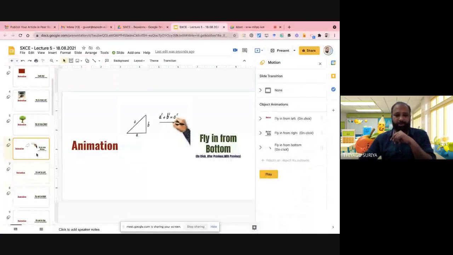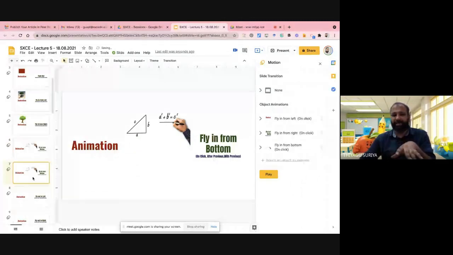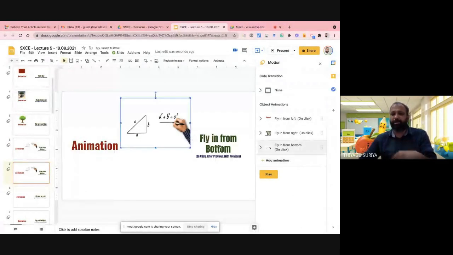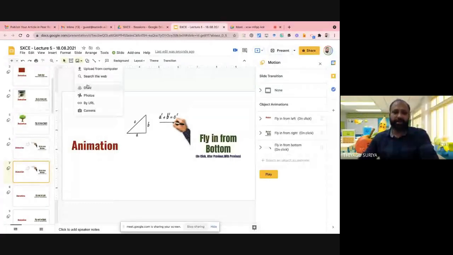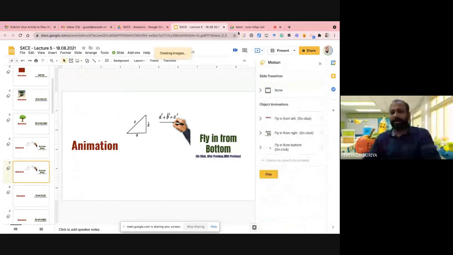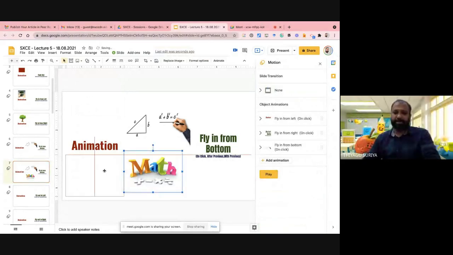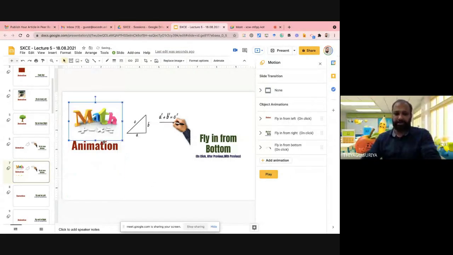Suppose you like to explain that one also. I'm going to add one more slide in between. Instead of creating a new slide, I'm going to duplicate the same slide: right click here and choose duplicate. The same slide comes a second time. Now I like to add one more image here as part of the demonstration. I'm clicking here, adding one image, search from the web. I'm adding this math symbol and insert here. So I have two images, but I like to keep this one from the top. I'm keeping this animation here, the animation to come down.